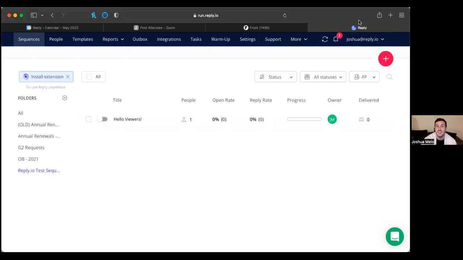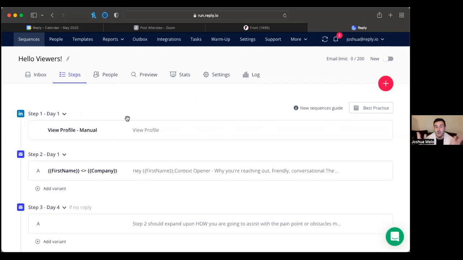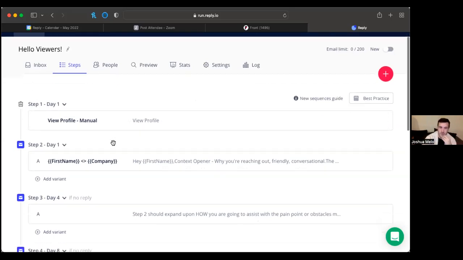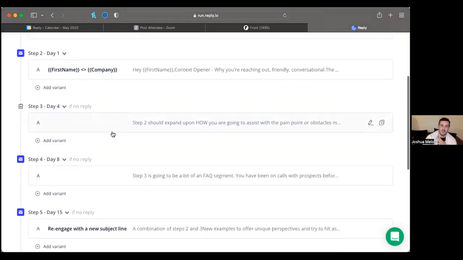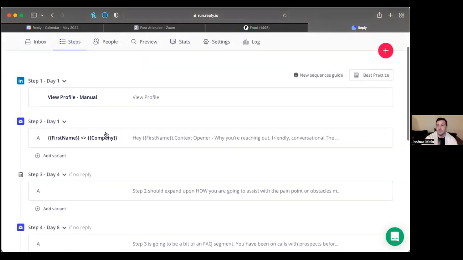Perfect. Okay, so I have created a kind of stock sequence for you guys today. I will be going step by step through each of the individual options here. If you guys have any questions along the way, feel free to reach out, and I will do what I can to answer. But to dive in, I usually recommend starting with a 5-step structure, specifically referring to